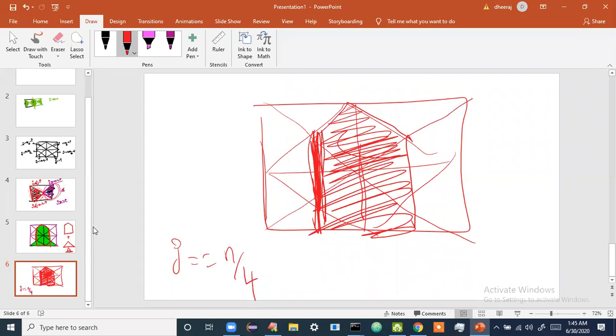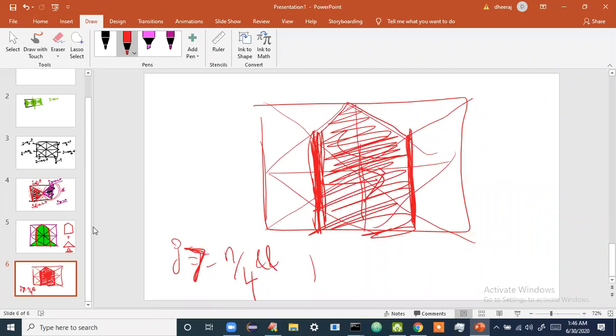But if you write J is equal to n by 4, it's a line equation. Now you want an area equation. So you have to tell from this line, left side, do you have to print or right side? You have to print right side. So copy that symbol and paste it here. J is greater than or equal to n by 4. And operator. There is one more line equation. What is this line equation? Is it row or column? Column.